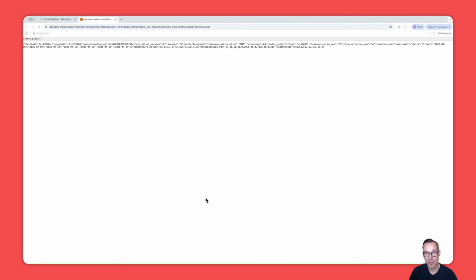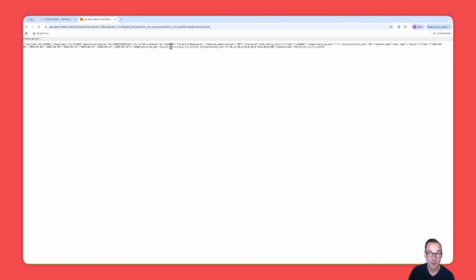Alright, so first things first, we of course need to get weather data if we're gonna do some personalization based on weather. In my case here, I'm using something called Open-Meteo, however you pronounce that. What you see in front of you is just the URL I'm rendering right now in my browser, and it gives us a bunch of